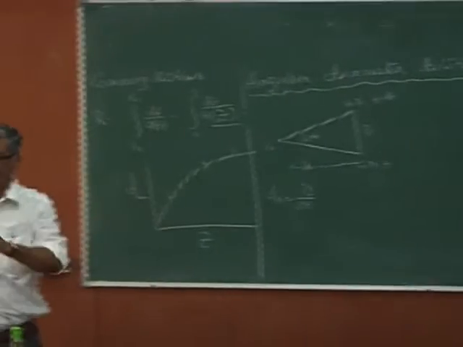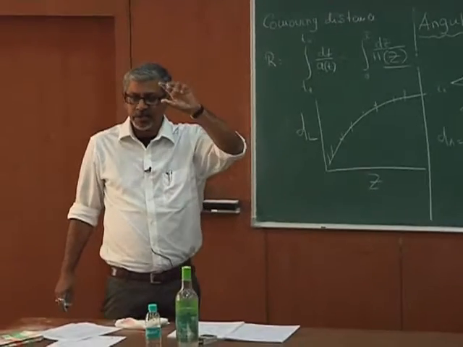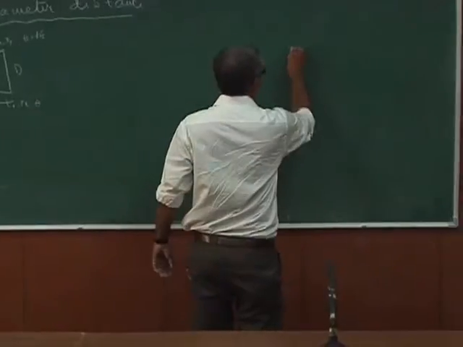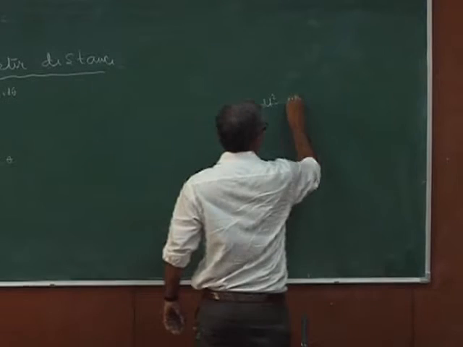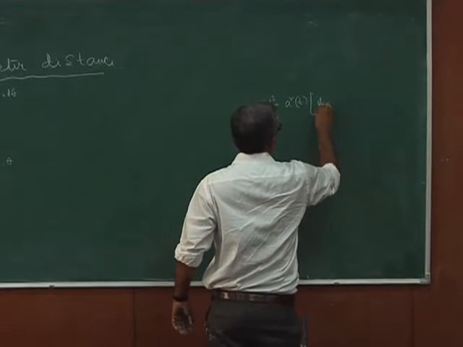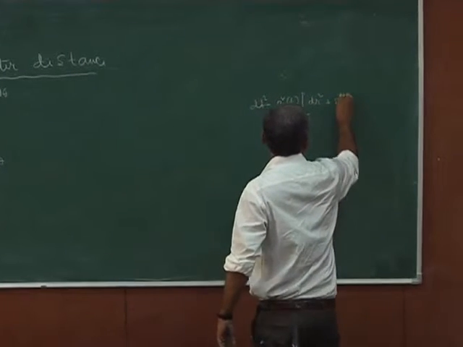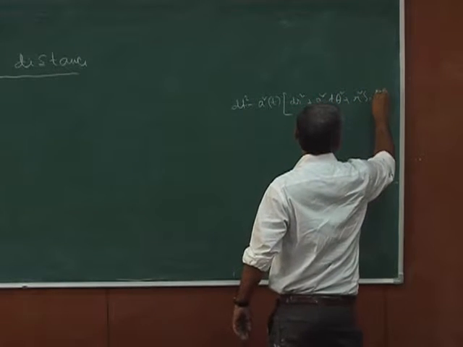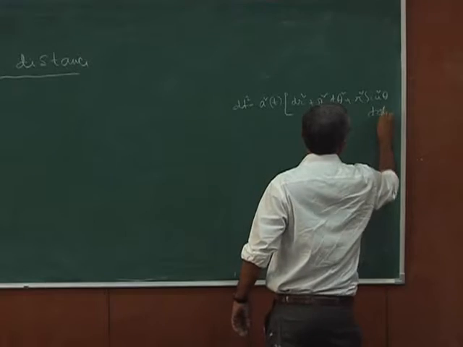At the same time, r is not changing, phi is not changing. So, the angular separation: you have dt square. Let us say you have a flat universe. So, you have dt square minus a square t, then you have dr square plus r square d theta square plus r square sin square theta d phi square.